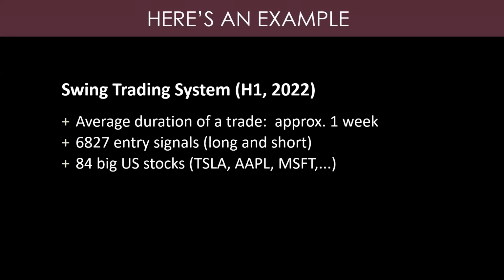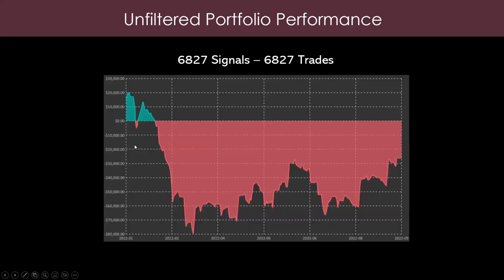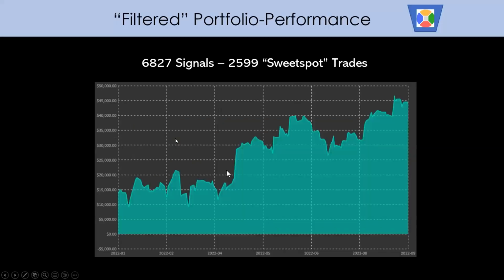And what you can see now here is the performance of the system. Well, had we taken all these 6,827 trades, it does not look too good. You probably would agree with me. This is not very promising or enticing. But this is the performance if every single trade would have been taken. So then what we did is we ran our back test. But in this case, we only took the signals where the statistical odds calculated based on the historical data were actually in our favor. And this is the performance which was generated by this setup, where we only took what we call the sweet spot trades, where the odds were actually in our favor. It's a difference of day and night.